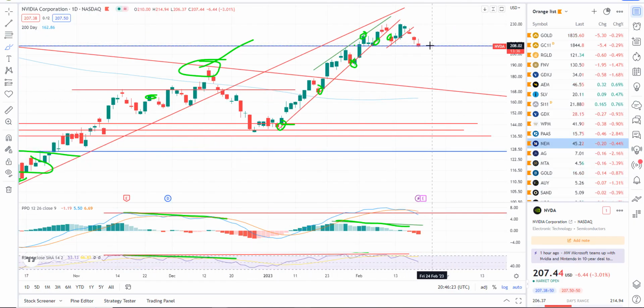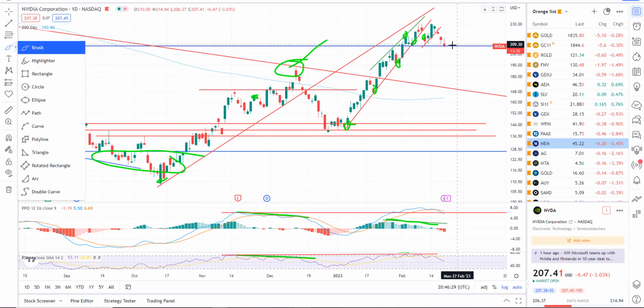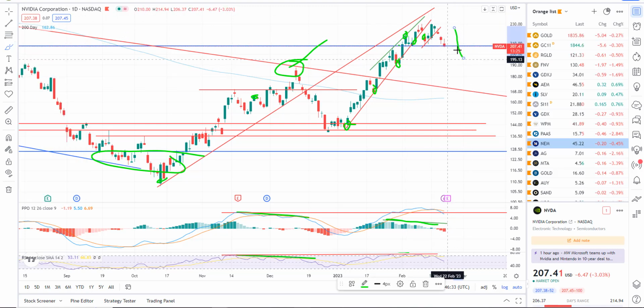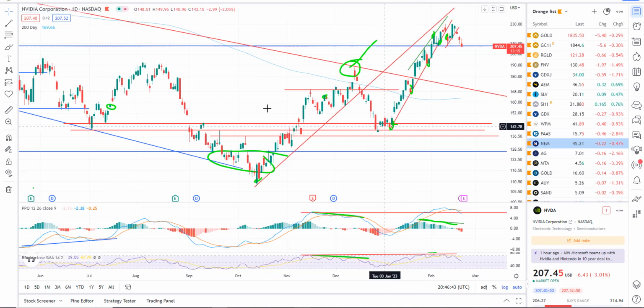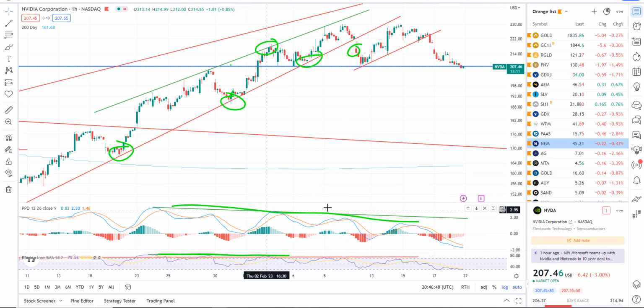It's kind of at some support right now, 208, but even if they rally after earnings, I would look to sell the rip. If they rally, I suspect that it will get sold into. If I had to pick one way or the other, I'd say they gap down after earnings, but if they rally, I would look to sell the rip. And obviously it depends on what the chart shows. I don't see any negative divergence on the daily, but clearly on the hourly chart, we've got some divergence. So I'd be looking for a little lower prices here.